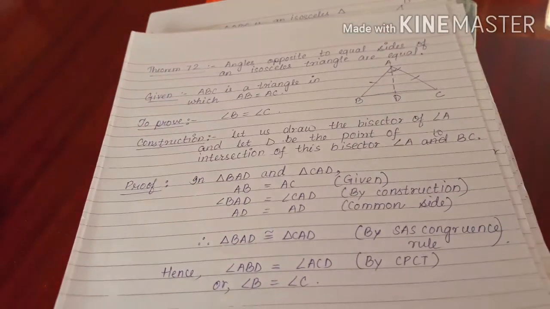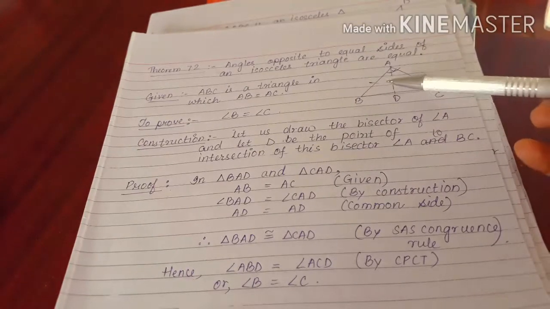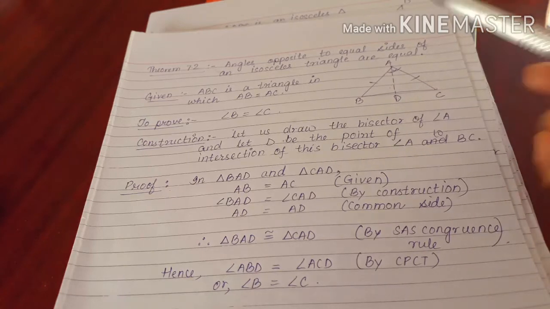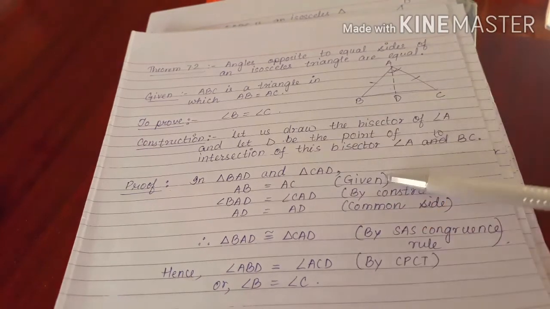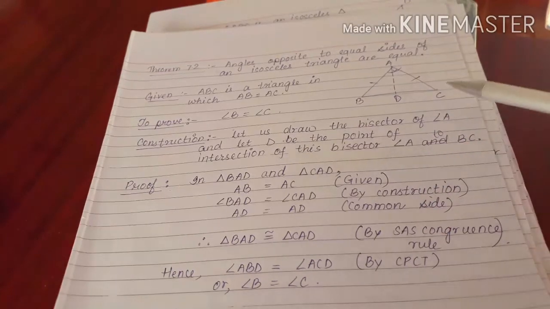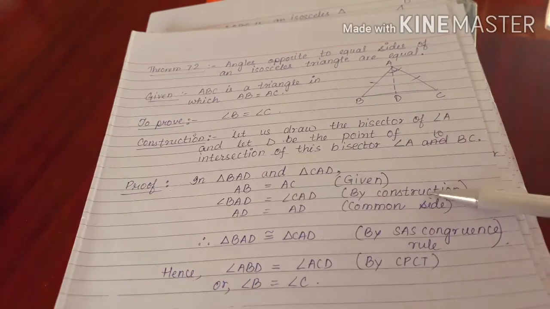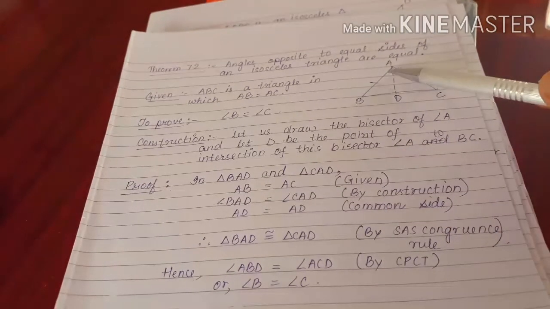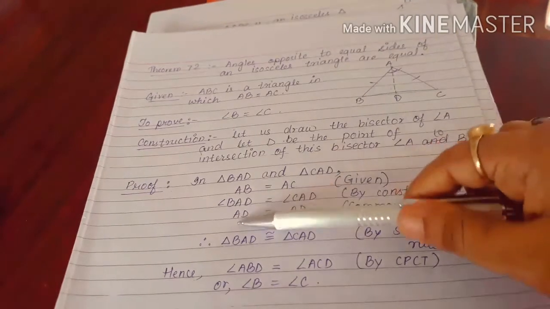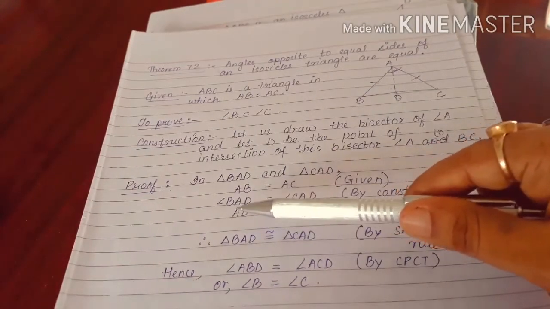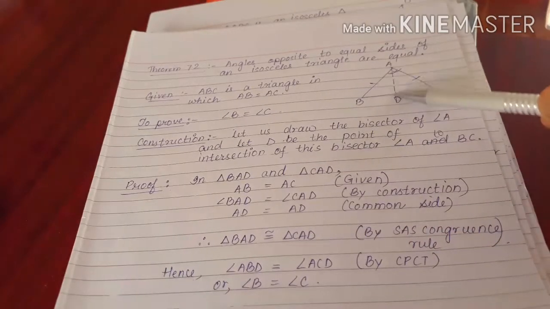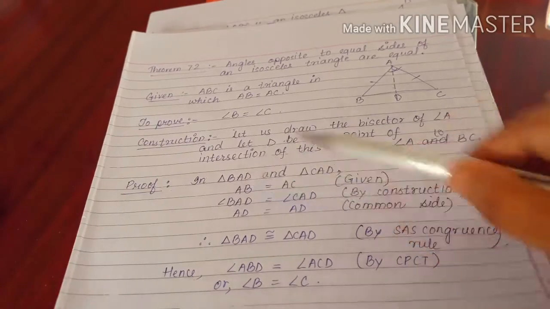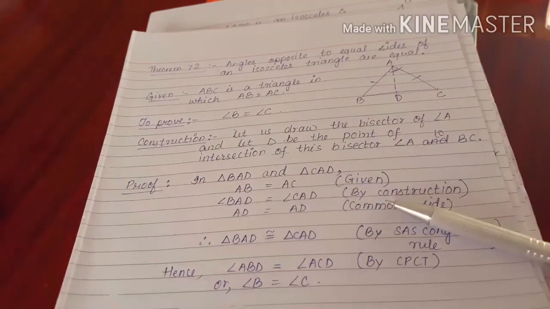So in the proof, see what we have to take. We have to take two triangles, triangle BAD and triangle CAD. So in these two triangles, what is the same? See, AB is equal to AC because it is given. Then angle BAD is equal to angle CAD. We have constructed this, so by our construction we can write these two angles are equal. Okay, this angle is equal to this angle. And last, we can say that AD is the common side. That means AD is common to both triangles. You can see here in this triangle AD is written, here also AD is written. That means AD is the common side.